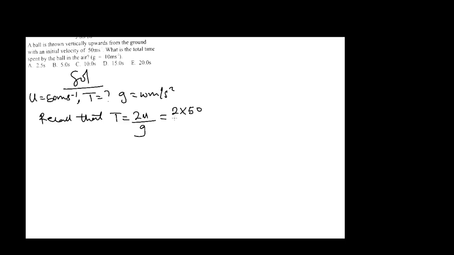So we have 2 times 50 divided by 10, because the initial velocity there is 50. So this and this will cancel, and we have that the total time taken is 10 seconds. So that will be option C. So we'll move to the next question,